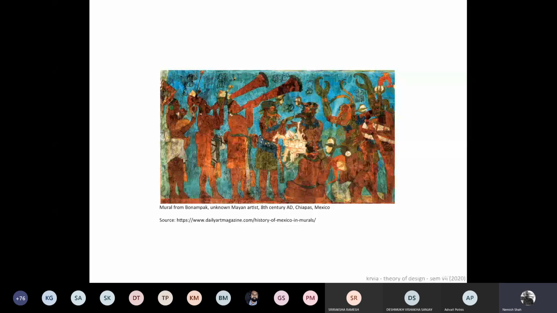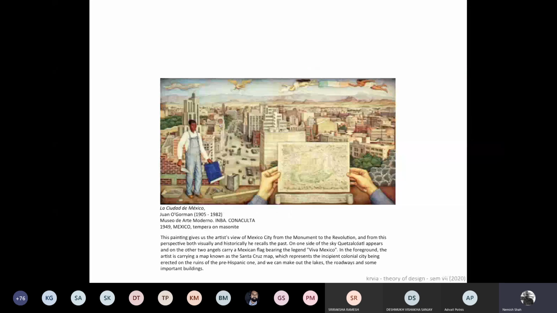This is a Mayan painting from the 8th century, and these kinds of wall paintings were abundantly available in the prehistoric art of the Mayas and the Aztecs and the Incas, and a lot of it is lost to history in some sense. But there is this awareness of that, and that becomes extremely important in this understanding of Mexico. So this muralism in Mexico, and in some sense, I didn't talk about it, but the manga art of Japan was also critical in the development of the arts.